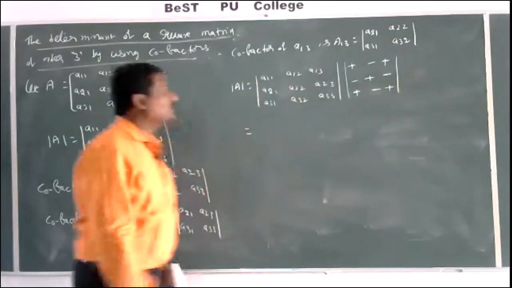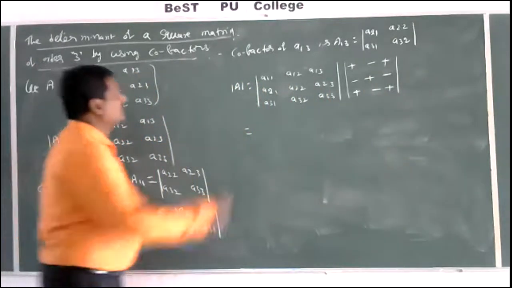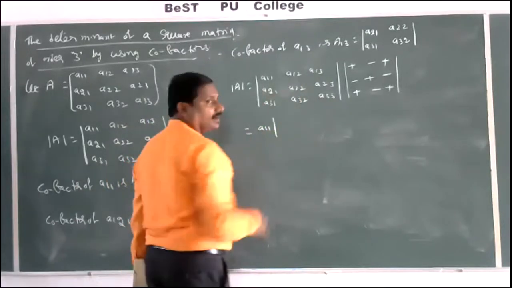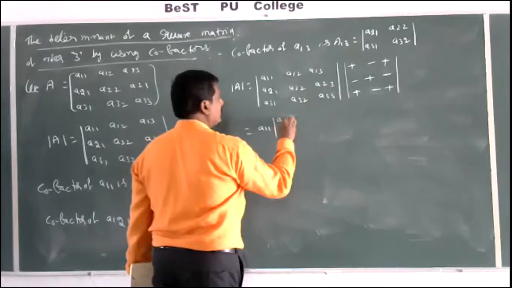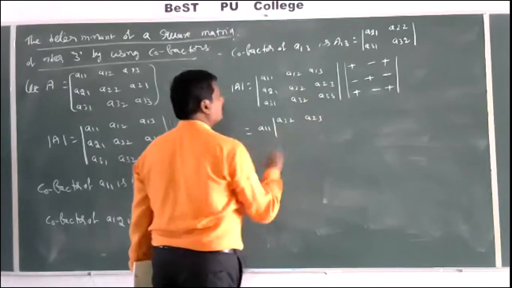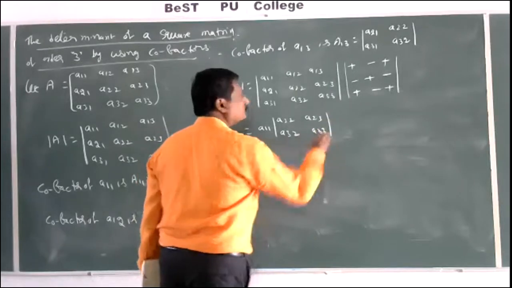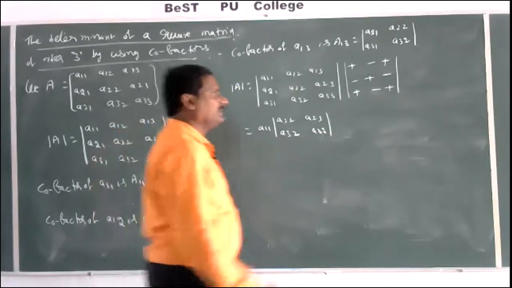I am expanding using the first row. That is A11, leave this row and column, write down the determinant A22, A23, A32, A33. For the second element it is minus